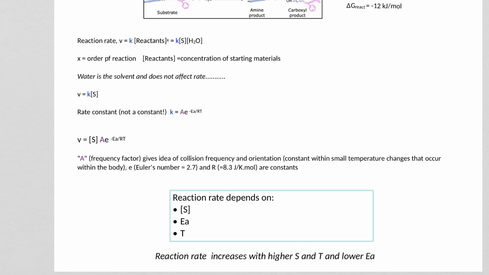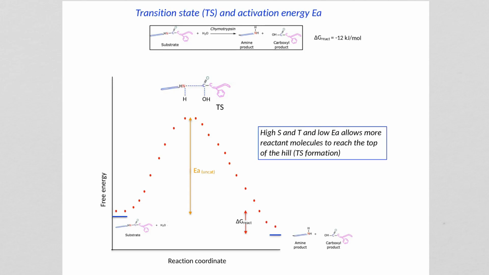So let's look at this variable called EA. EA is called the activation energy. To explain how fast reactions happen, the velocity or the rate of reaction, we bring in this concept that we call activation energy. So before the peptide bond is broken into the amine and carboxyl, we say that